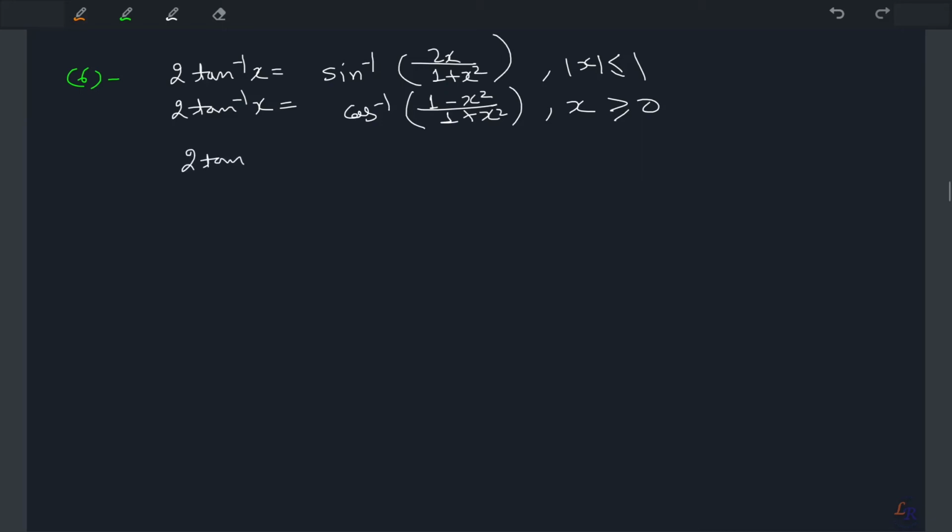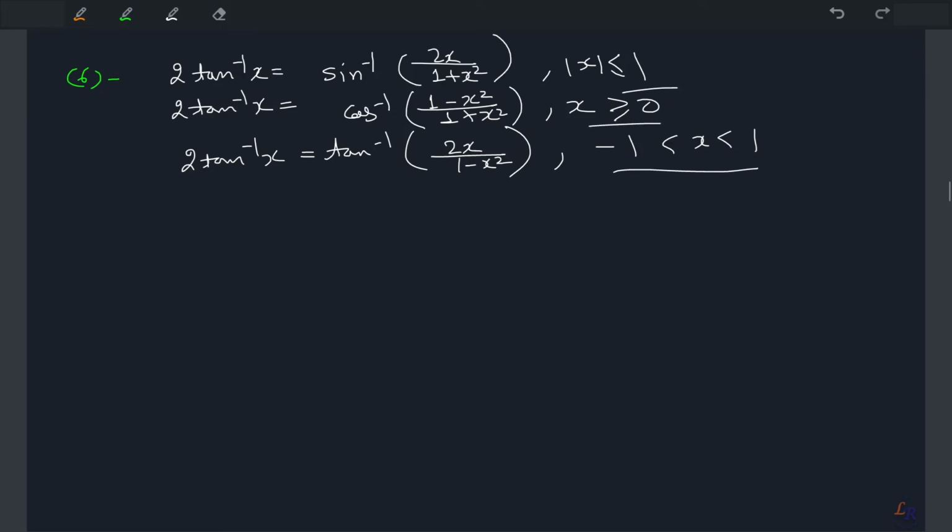2 tan inverse x is equal to tan inverse of 2x upon (1 minus x square), where x varies between minus 1 and 1. So see, for the different ranges, the outcome can have different values. Depending upon the situation, you may be utilizing your understanding here, and you can use the same type of values, but it may have different functionality, and that can be extended depending upon which condition you are applying. And here again, the first one is already proved in your book, so let me prove the second one.